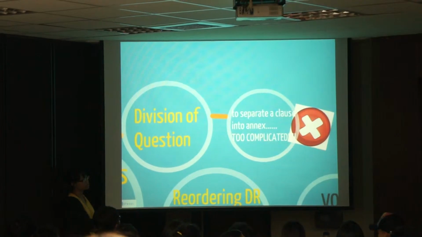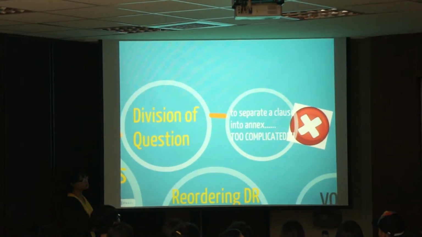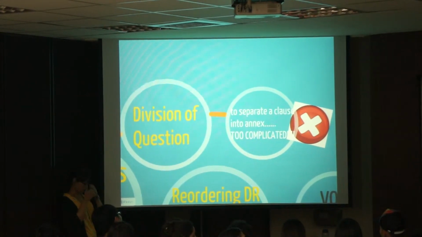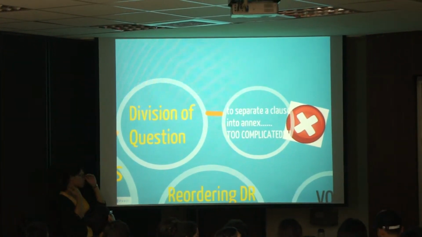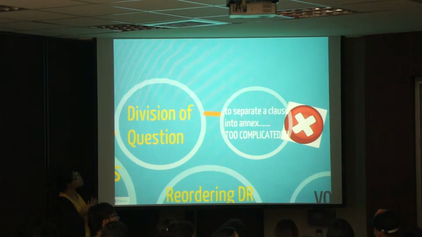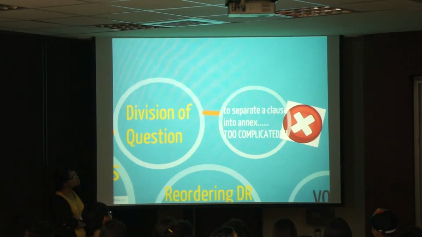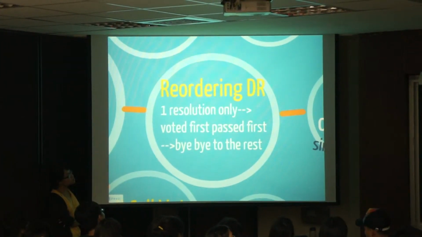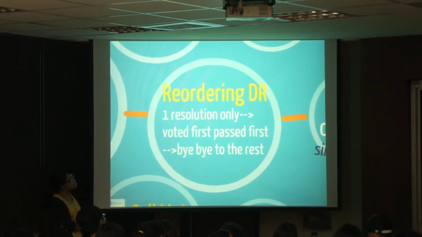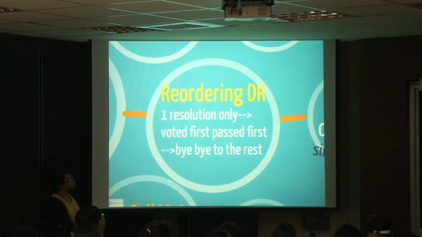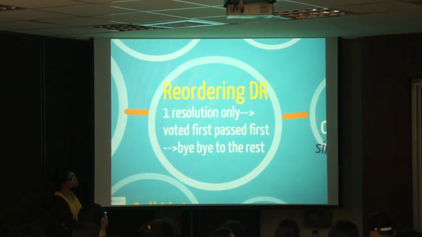One motion is called division of questions. This is when one delegate wants to separate a clause into annex. However, this is quite complicated, so we will not talk about this now. And another motion is called reordering DR. Since the DRs will be voted in numerical order, 1.1, 1.2, 1.3,